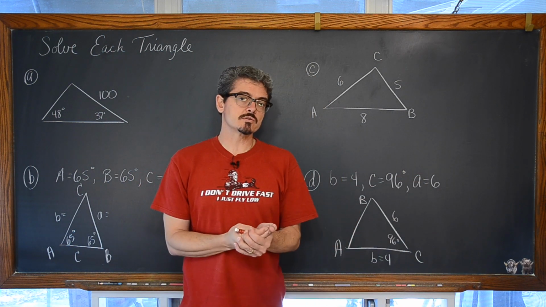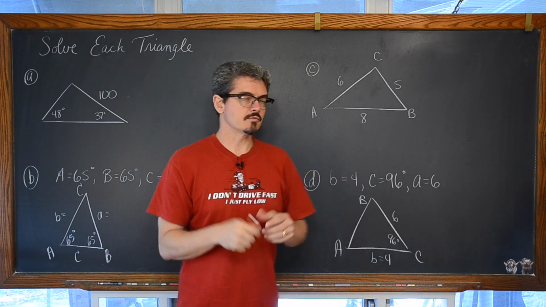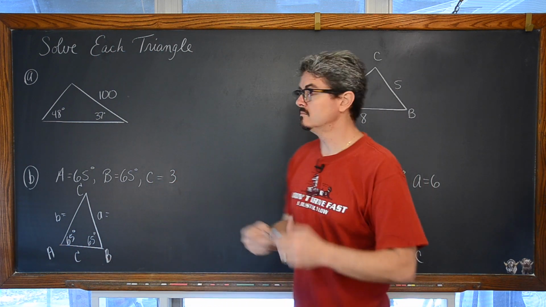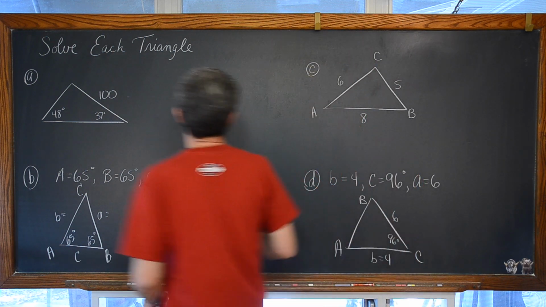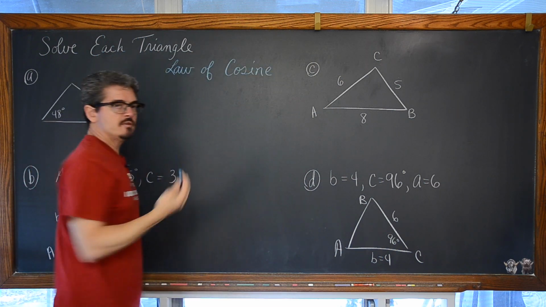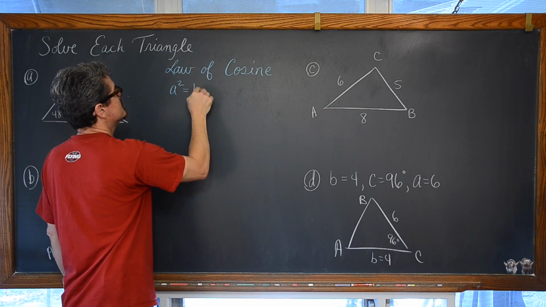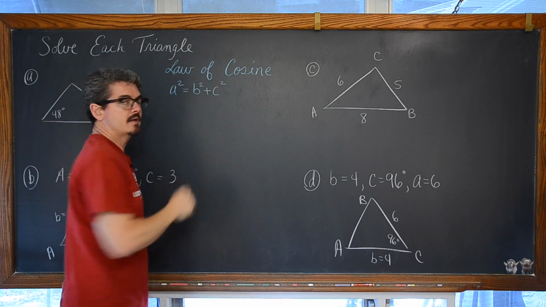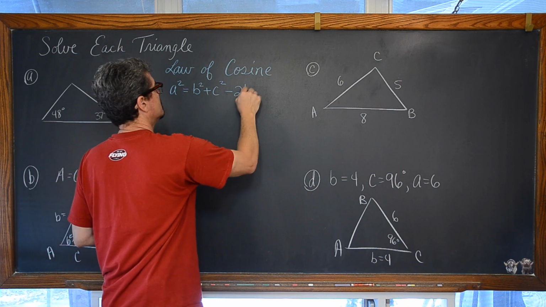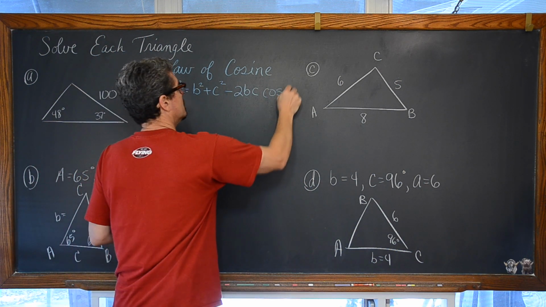Now, 2 of these questions are going to require us to use law of sine, and 2 of these questions are going to require the law of cosine. So let's write out the formulas and see if we can figure out when to use which law. The law of cosine has 3 versions, but basically a side squared is equal to the other 2 sides squared and added together, and then minus 2 times those other 2 sides times the cosine of the angle that's opposite the given side.